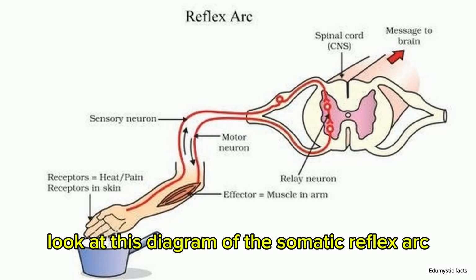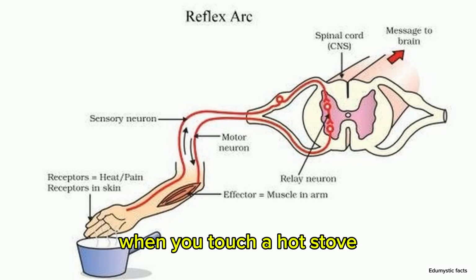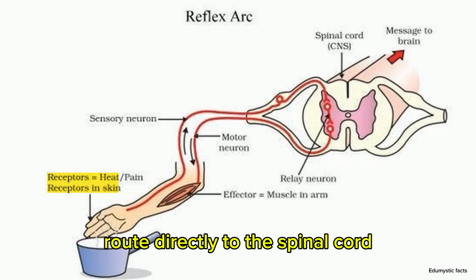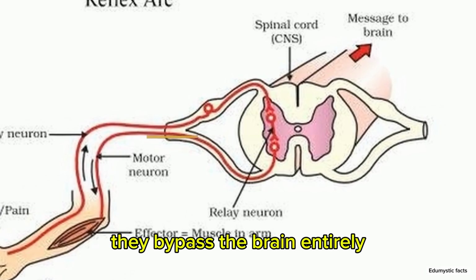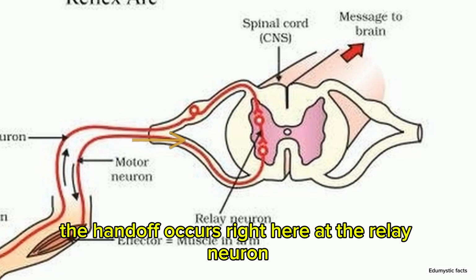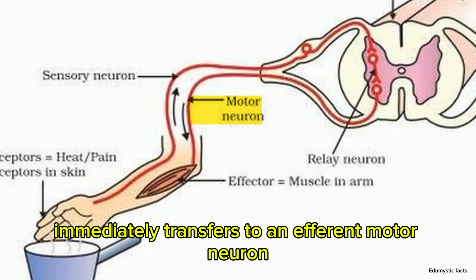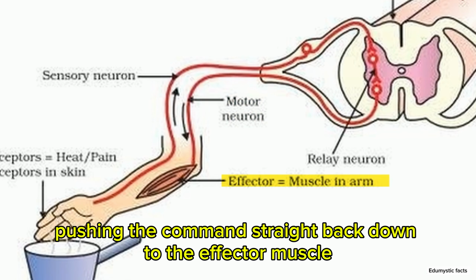Look at this diagram of the somatic reflex arc. When you touch a hot stove, the sensory signals from the receptors in your skin route directly to the spinal cord. They bypass the brain entirely. The handoff occurs right here at the relay neuron. The afferent sensory signal immediately transfers to an efferent motor neuron, pushing the command straight back down to the effector